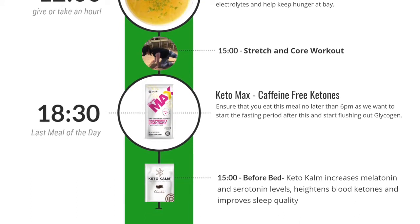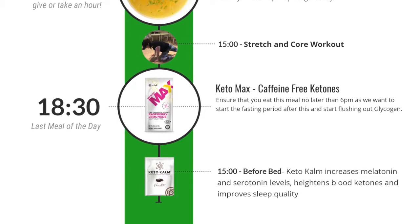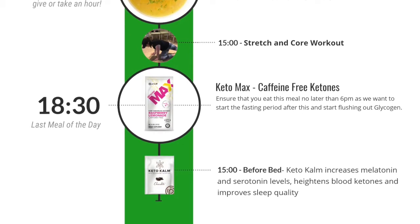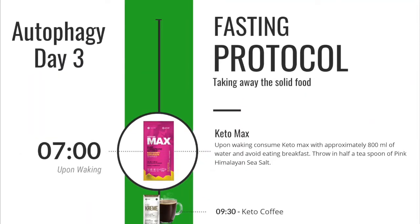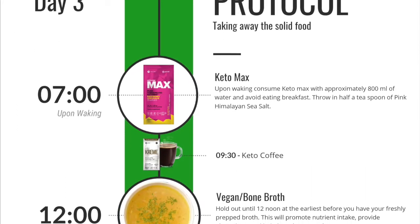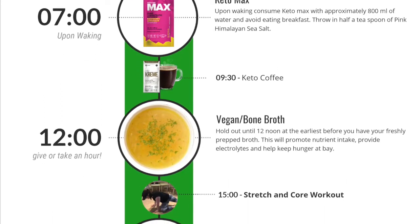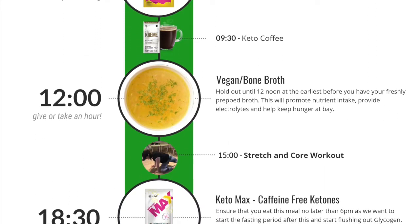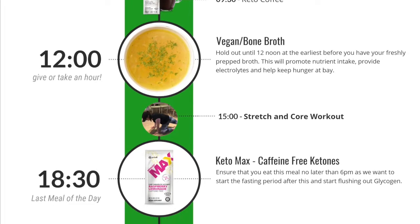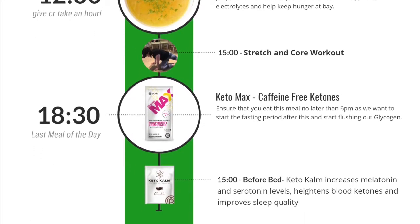You're going to have exceptional growth hormone secretion whilst you sleep, so you'll still be retaining muscle whilst burning fat at the same time. Day 3 is very much a repeat of day 2. Getting the ketones in, keto coffee, vegan and bone broth, stretch and core workout, again, ketones caffeine free in the evening, and then again your keto calm before bed, and when you wake up you'll have completed the autophagy aspect